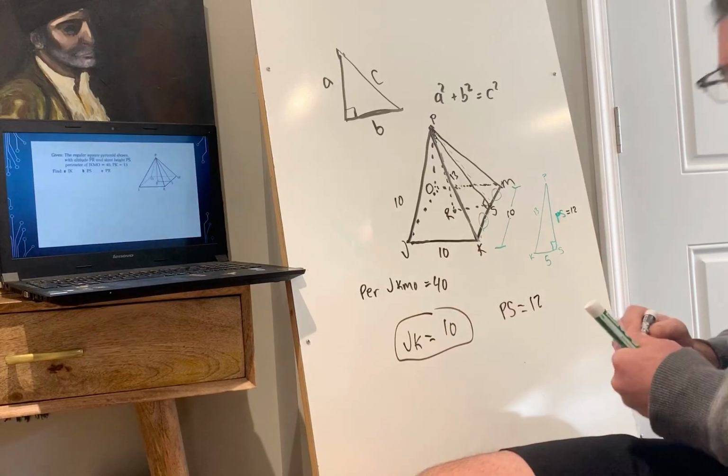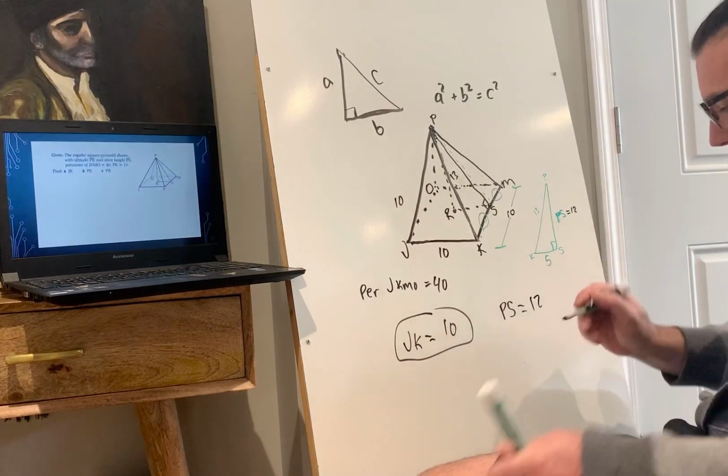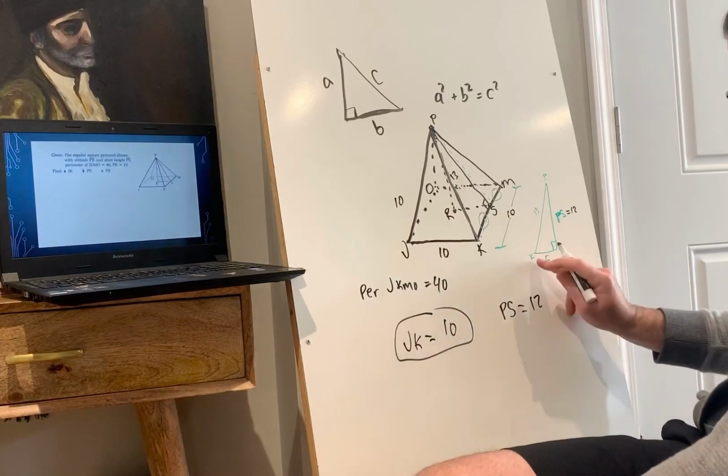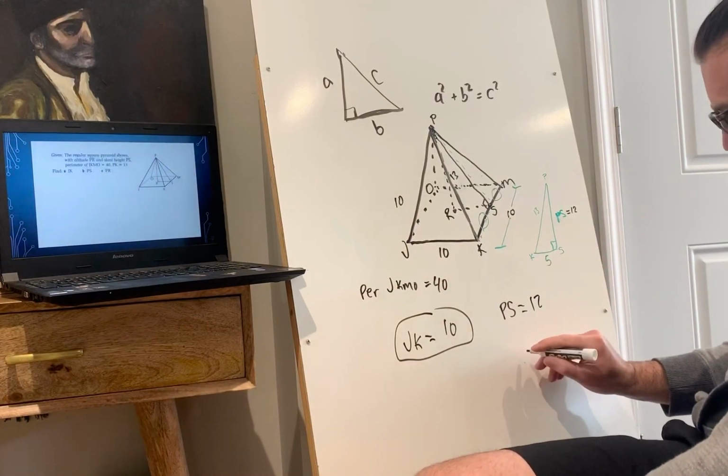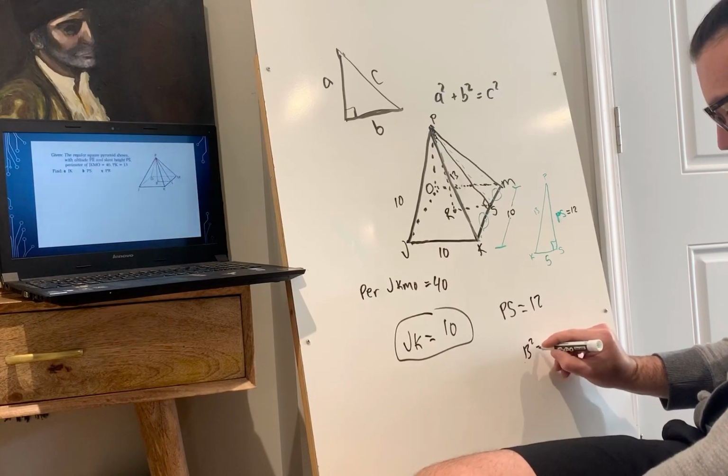Because it's a Pythagorean triple. But I'll show you why using the Pythagorean theorem. Okay, let's see. Here's my setup. This is the hypotenuse, KP. All right, so 13 squared equals